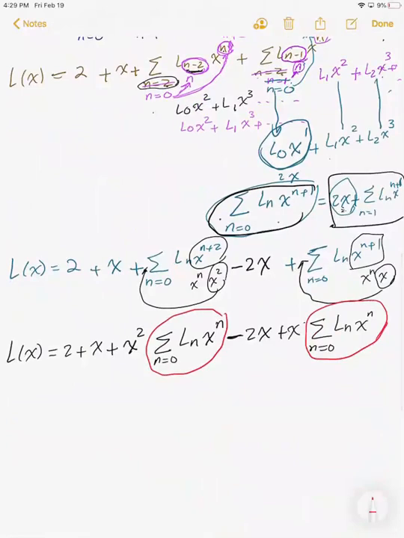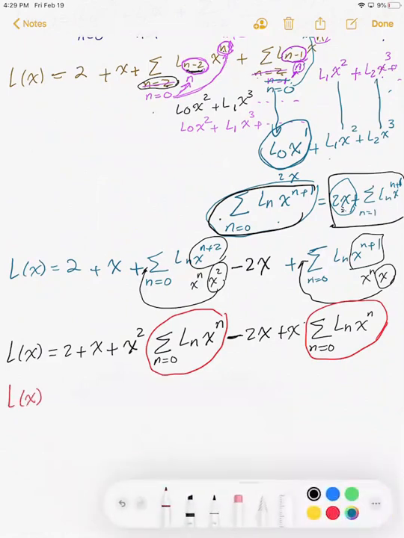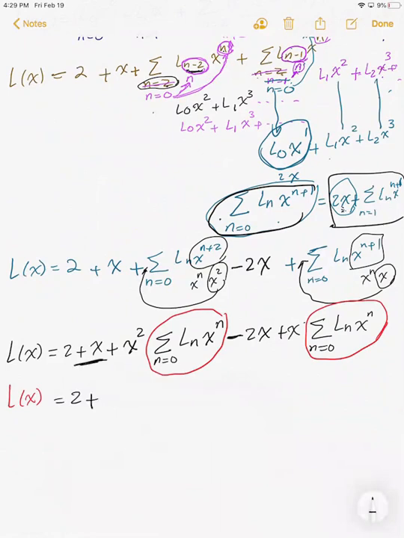So that's equal to L of x. So I can write L of x is equal to 2 plus, I can add x and minus 2x. Those are like terms. So I get this and this are like terms. So I get 2 minus 1x minus 2x is minus x, plus x squared